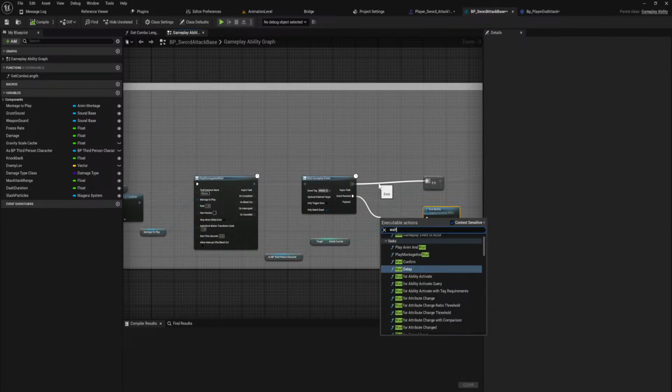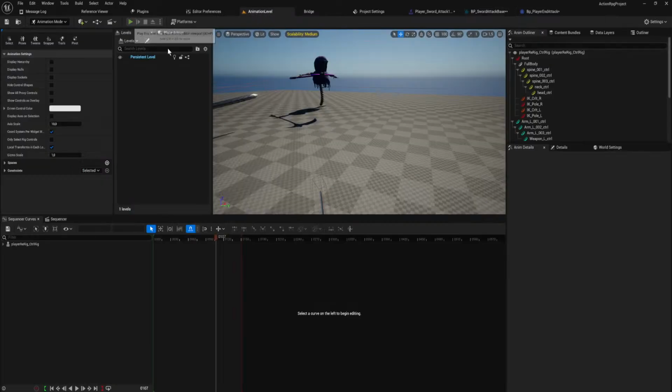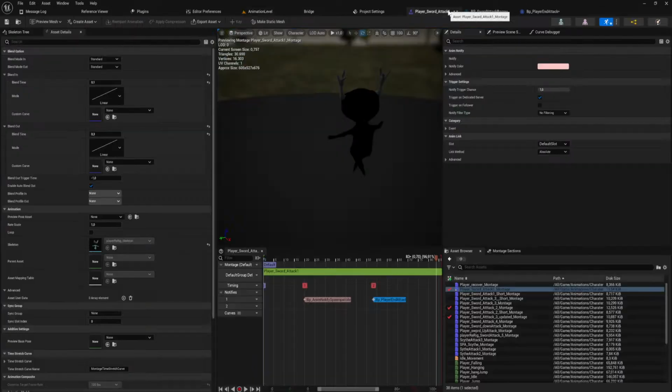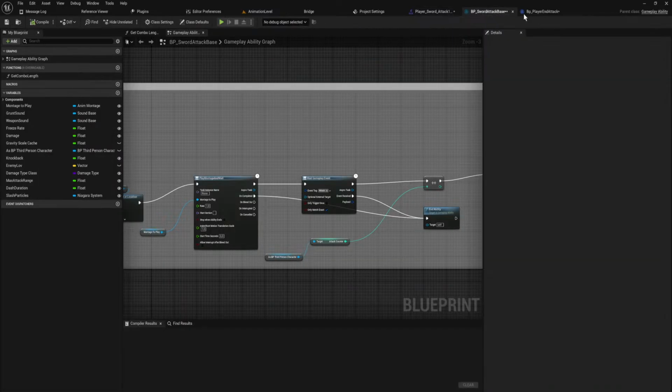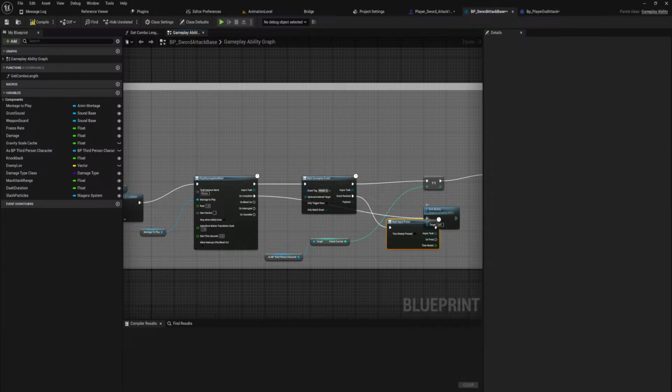Anyway, when we do that, we also uncomplete, we end ability actually, anyway. But we also want to wait for input press.